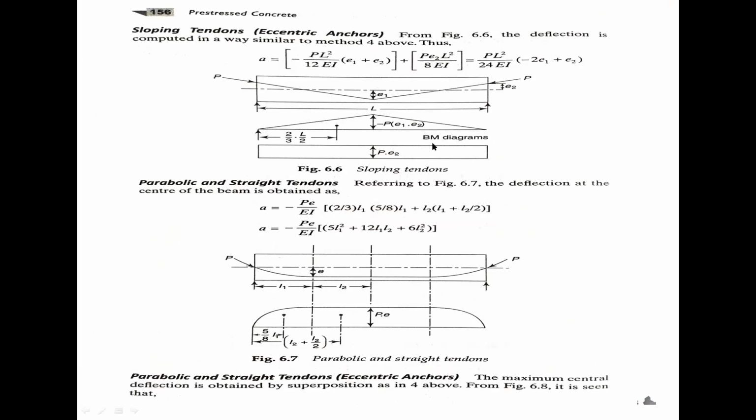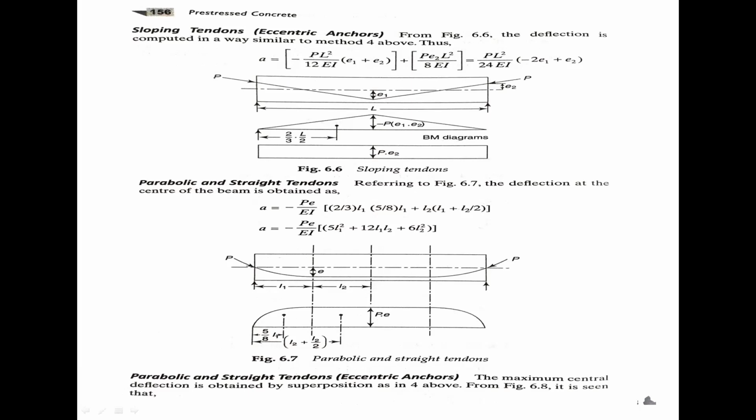How to draw the bending moment diagram for the two diagrams: upward bending moment diagram and downward bending moment diagram. Sloping tendons, eccentric anchors. On figure 6.6, the deflection is computed in a way similar to method